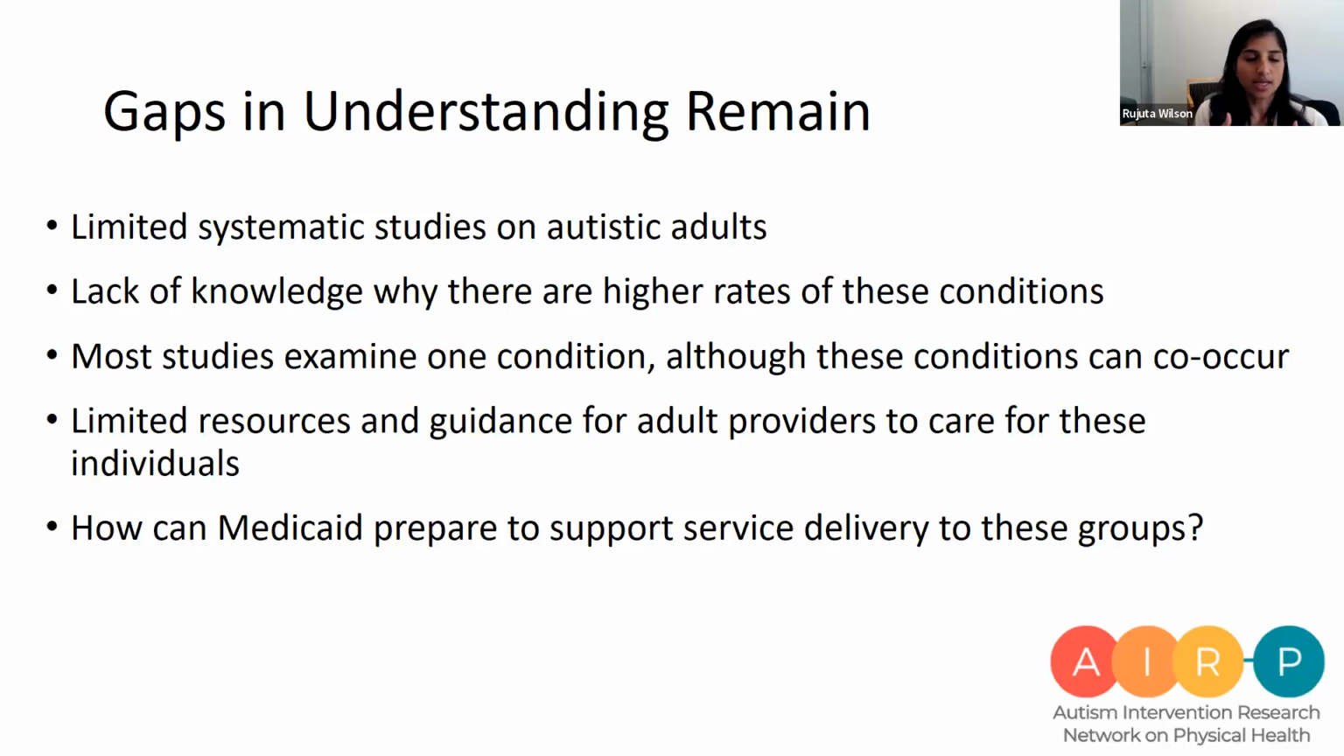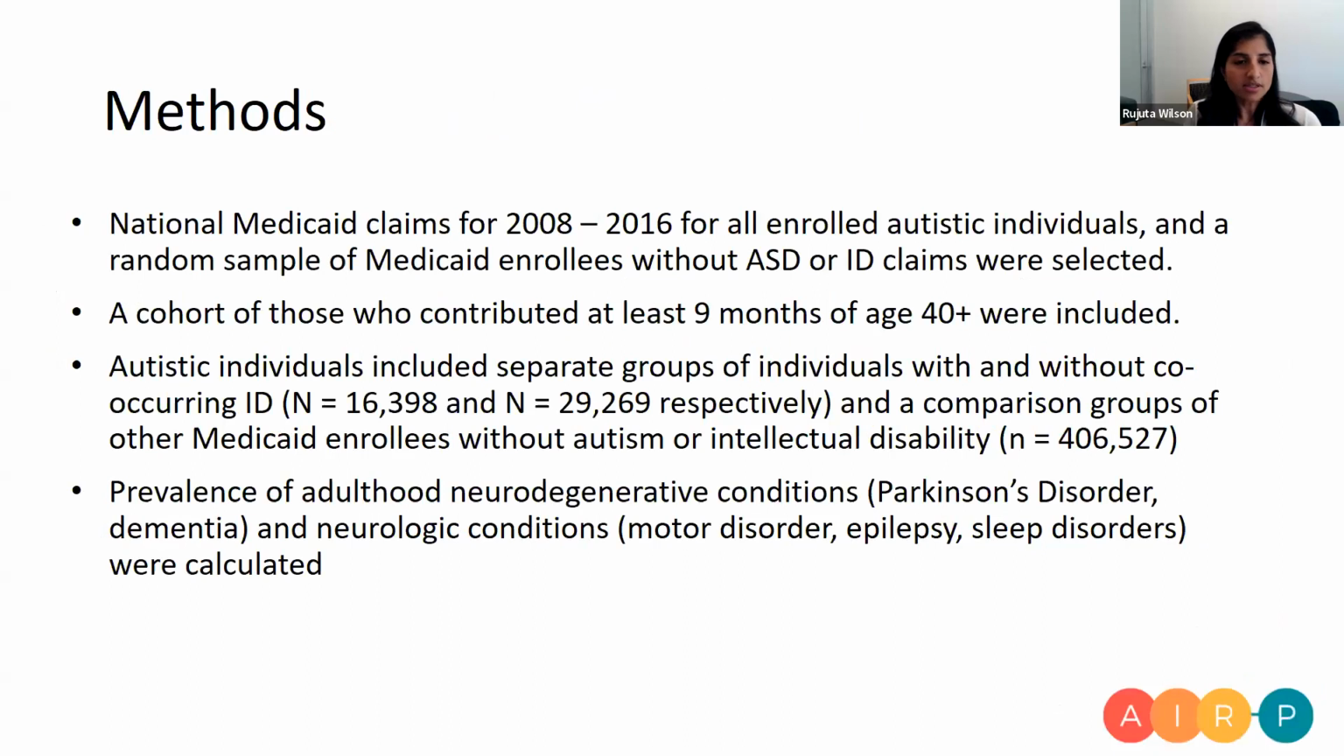And our conjunction with the health services and system was, how can Medicaid really prepare to support service delivery to these groups? So how can we query Medicaid data to better understand how we can support these groups? Our methods for this ongoing study are to look at national Medicaid claims data from 2008 to 2016